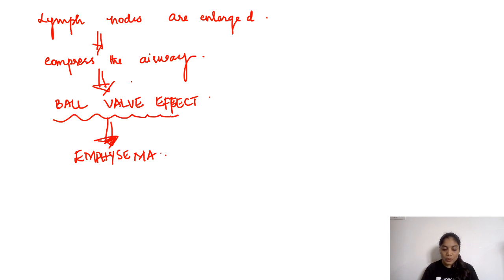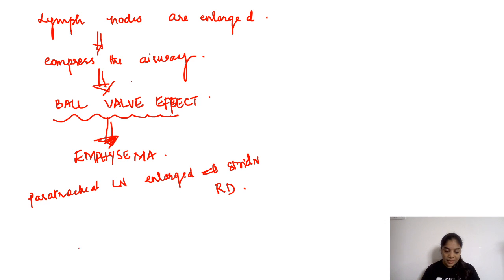Sometimes there will be enlargement of the paratracheal lymph nodes. Just imagine if the paratracheal lymph nodes are enlarged, then it can lead to stridor. It can cause respiratory distress. If the subcarinal nodes are involved,